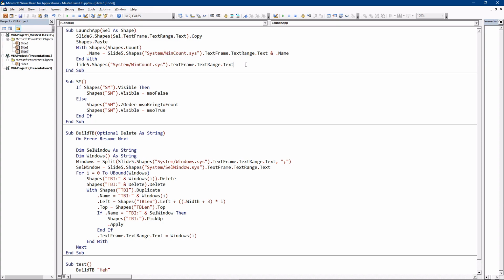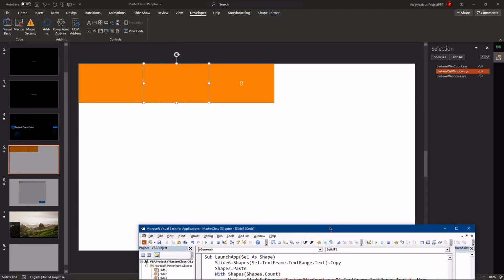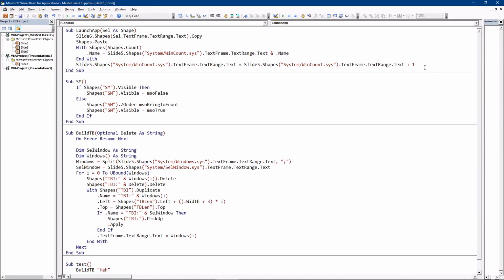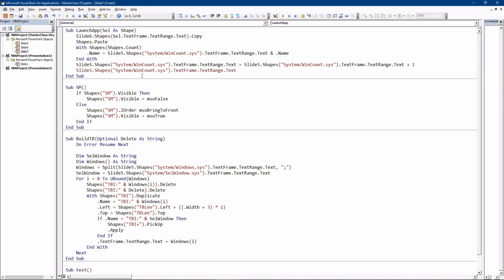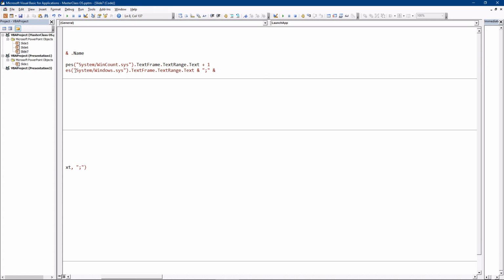system.win_count. So it will equal itself and 1. Oops, I didn't copy all that. And we'll copy the whole thing this time. Silly project. Right. Also want to update Windows. So Windows is itself and semicolon and the currently added window, which would be,